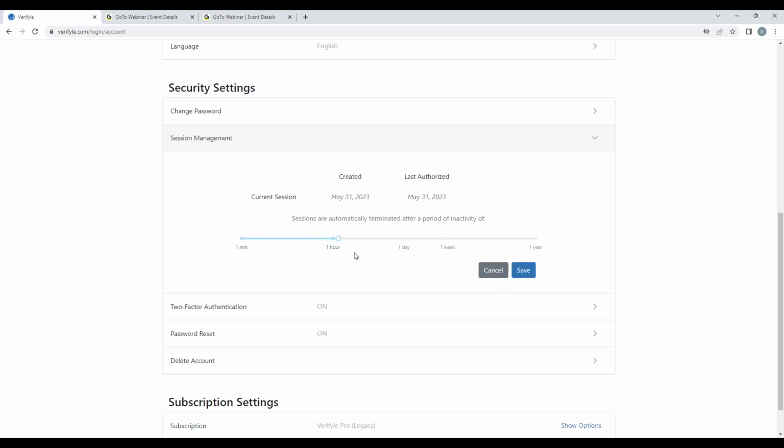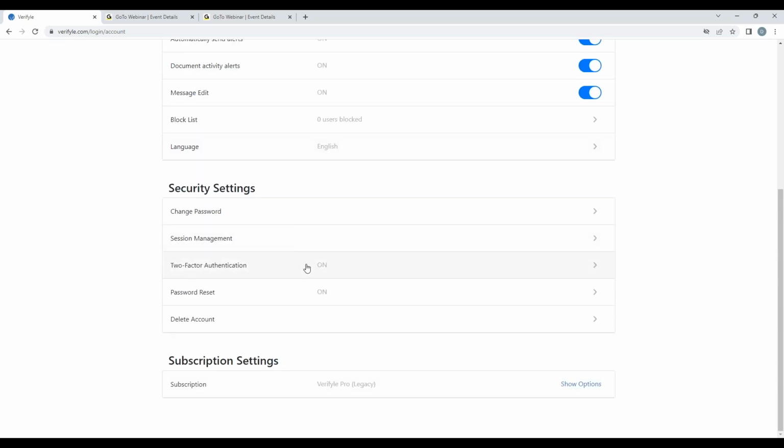Okay, and this is especially important for those of you who might forget to log out of your Verifyle system after you use it. Okay, and then two-factor authentication is on. You might recall that I used that to gain access to the account we're using right now. Password reset capability is on. You do have the ability to turn off password reset capability, which is an extremely powerful security feature. However, if you use this, turning off password reset capability, you need to use it with your eyes wide open,